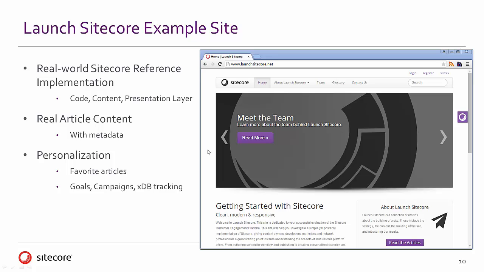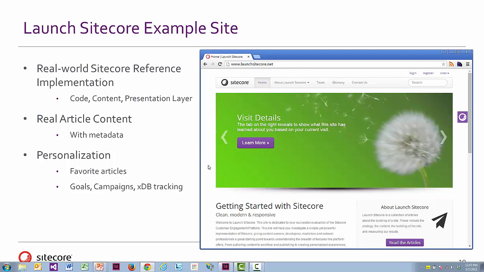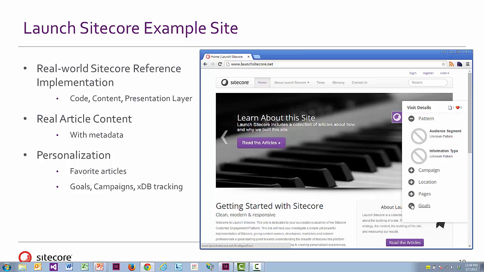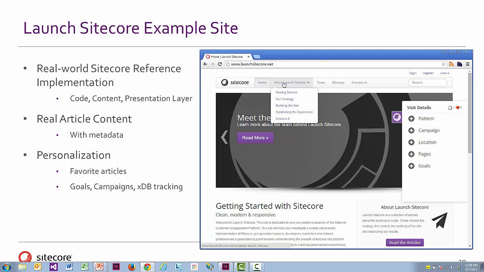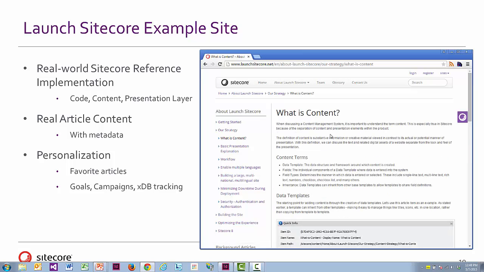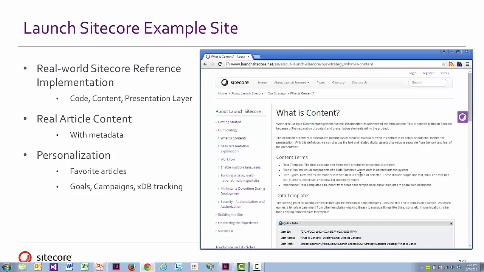If we do a little bit of navigation through the site, you can see that it's incorporating a number of aspects of Sitecore, and in particular XDB tracking. So as we go through the site, you can see pattern matching, campaigns, goals, pages visited, etc. From a print perspective, we're particularly concerned with the articles themselves, and the fact that you can open up articles and see lots of print content, including images on a page,